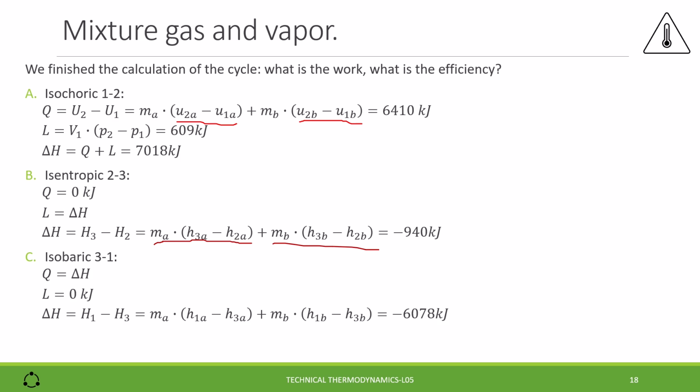Negative 6078 kJ. The work of the cycle is the sum of the works of the transformations A and B, because for the transformation C is 0, and we find negative 332 kJ. The positive heat is only the heat of the transformation A, and we find